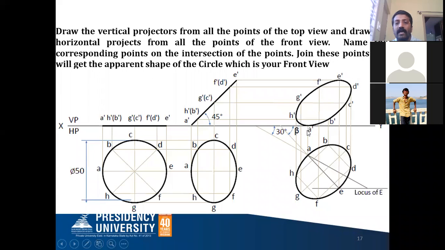Once you get all the 8 points, draw a smooth curve by joining all the points one by one, so that it can take this shape like this. For this, little practice is required. First you draw a light line, then after that you can overwrite on that to make it thick. So like this you have to complete.